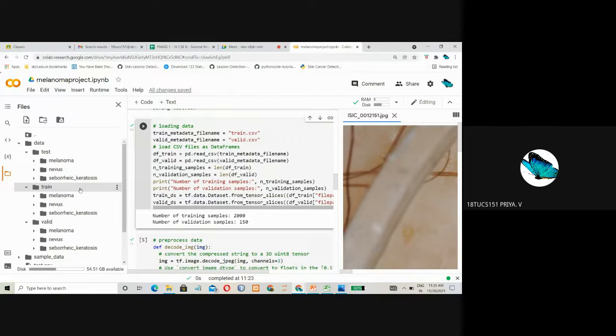Ma'am, up to this, we are storing only the validated samples. Non-validated samples are not added. Okay, so what will you be doing in the second module? Second module is locating. From the image, the part where the lesion is located is identified. After that, prediction. Is there any output for that?